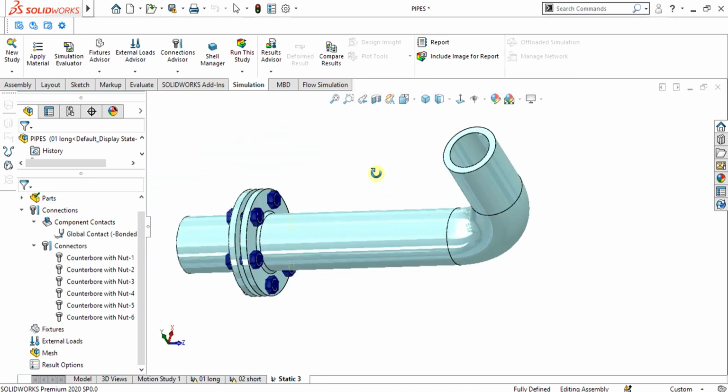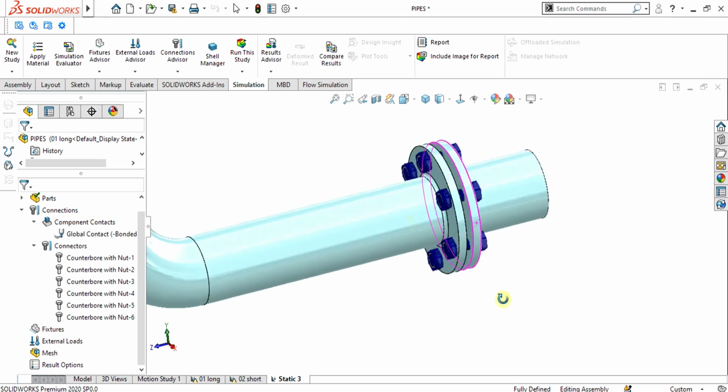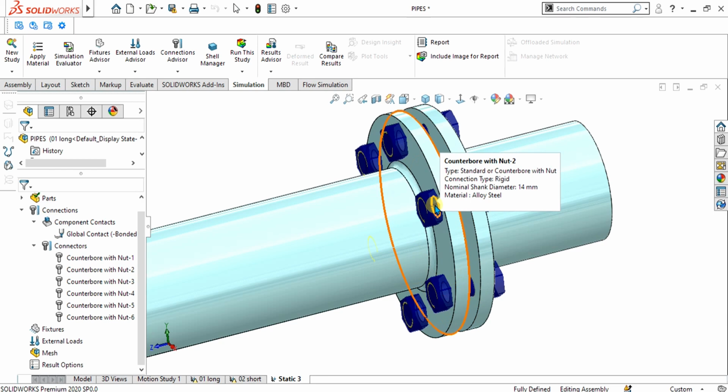So now you can see that our connectors are ready. We have applied the bolts. So you can see the description of the bolt that it is material of alloy steel and shank diameter of 14 mm. Connection type is rigid and it is a counter bore with nut.